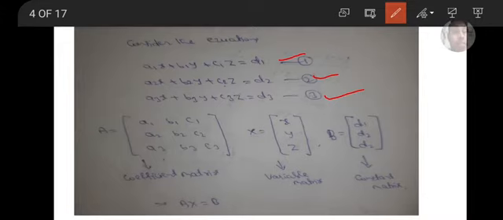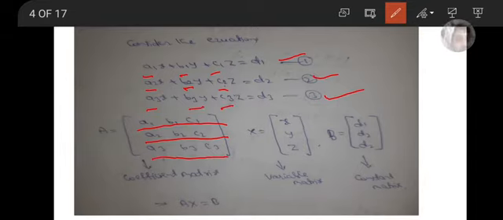If you write the coefficients a1 b1 c1 as the first row, next a2 b2 c2 as the second row, the coefficients of x, y, z, next a3 b3 c3, the third equation, as the third row. Therefore the matrix formed, a1 b1 c1, a2 b2 c2, a3 b3 c3, is called the coefficient matrix,